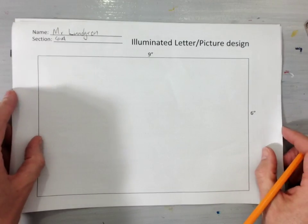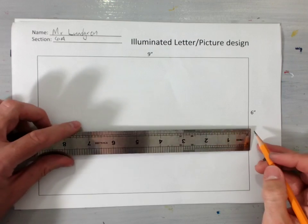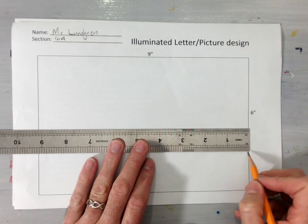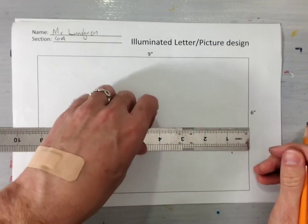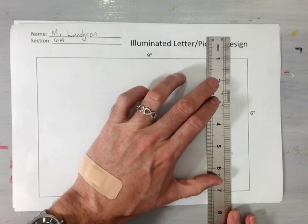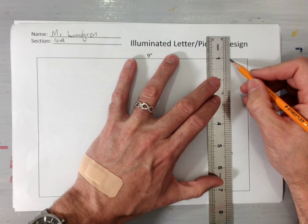If you remember, Nancy's border was curved. So you can create a curved border if you'd like, but I'm just going to create one that is straight. I'm going to make my border 3/4 of an inch wide. You can make yours however wide you'd like. I'm going to just line up my ruler so that it's parallel with the edge here and draw my 3/4